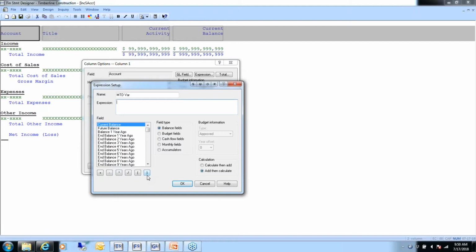Now, when this was designed, they used the GL field button to bring up a list of all of the fields available to you in the GL master file. So here, it starts out on the balance fields. There's a field type here on the right-hand side. The bullet will default to balance fields, but you can go to any of these other 3 and pull fields